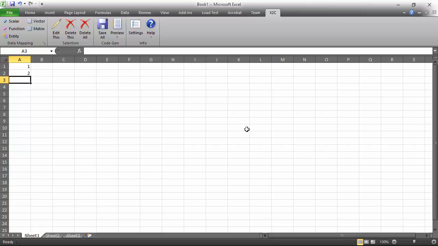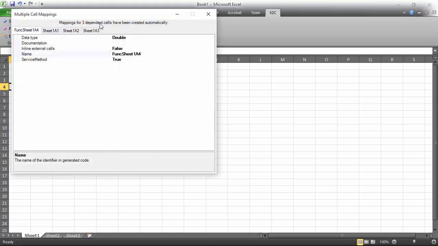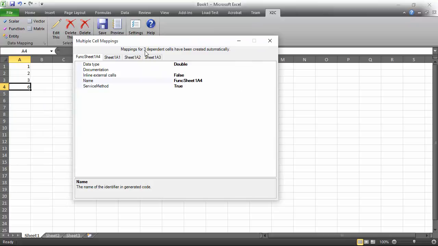Let's suppose I have three values, 1, 2, and 3, and I decide to calculate their sum in another cell. So when I come to map the cell to a function, you'll notice that I will automatically generate the mappings for the three dependent cells, which have been made automatically for me. So I have a mapping for the function itself, and I have the mappings for the cells at A1, A2,